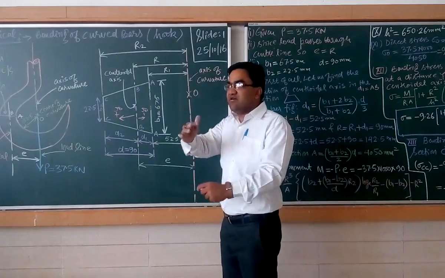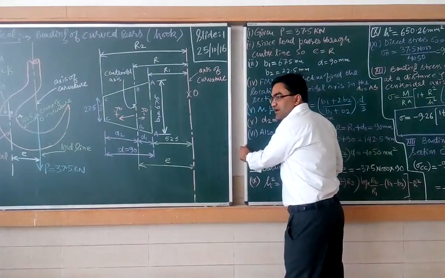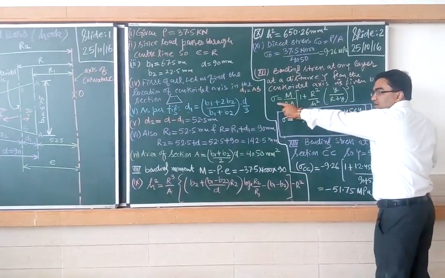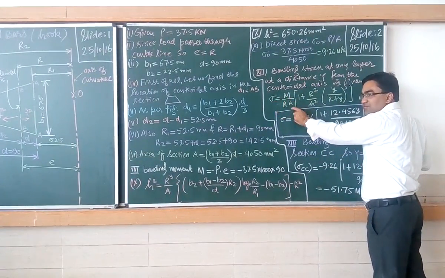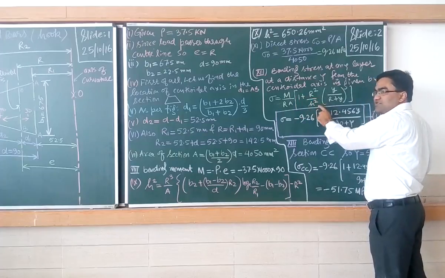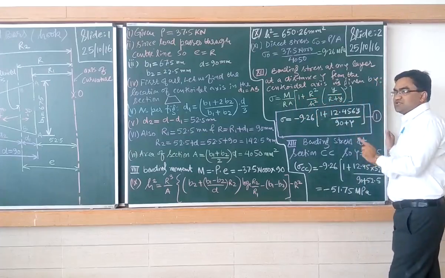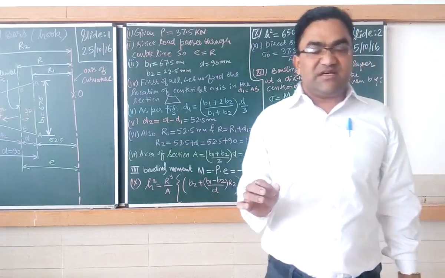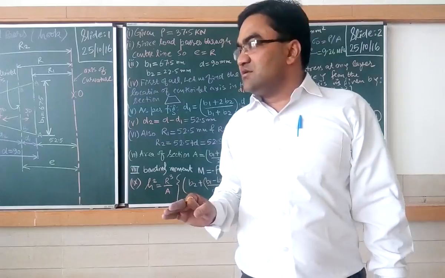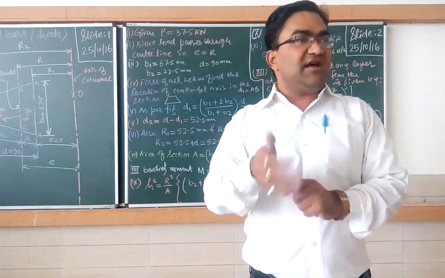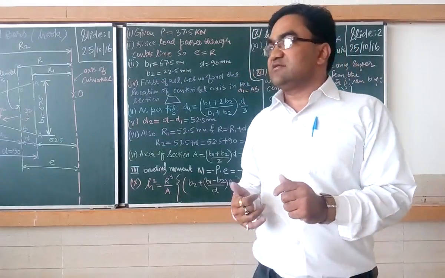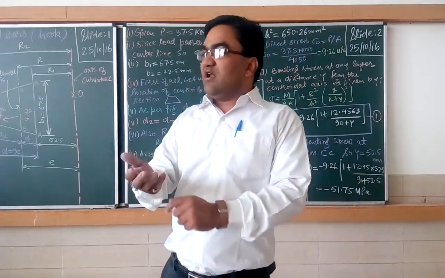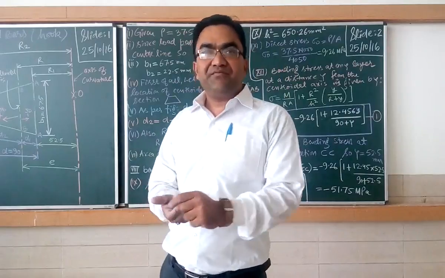So the bending stress from the centroidal axis, either upper side or the lower side, at a distance y, the equation for that, the bending stress is given by sigma will be equal to m upon ra into 1 plus r square upon h square into y upon r plus y. So this is a generalized equation to find out the bending stress at the fibers, maybe on the upper side of the centroidal axis, maybe on the lower side of the centroidal axis. If it is on the upper side of the centroidal axis, y will be positive. If it is on the lower side of the centroidal axis, y will be negative.